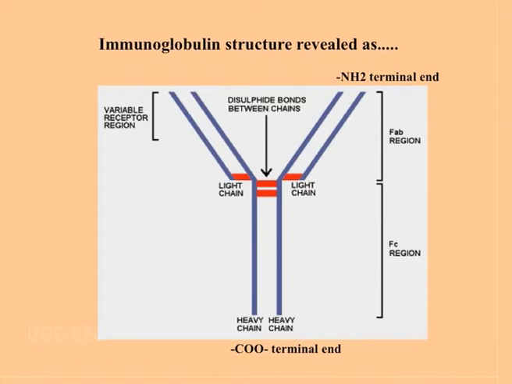From the N-terminal end, the almost 110 amino acid residue sequence shows maximum variation among different immunoglobulin molecules. And this part is responsible for binding to antigen. So this fragment is called the FAB fragment, or fragment responsible for antigen binding. Whereas in the rest of the heavy chain and light chain, the sequence is to some extent constant, and this fragment is called the Fc region. The biological activity is mainly mediated by the Fc region of an immunoglobulin molecule.